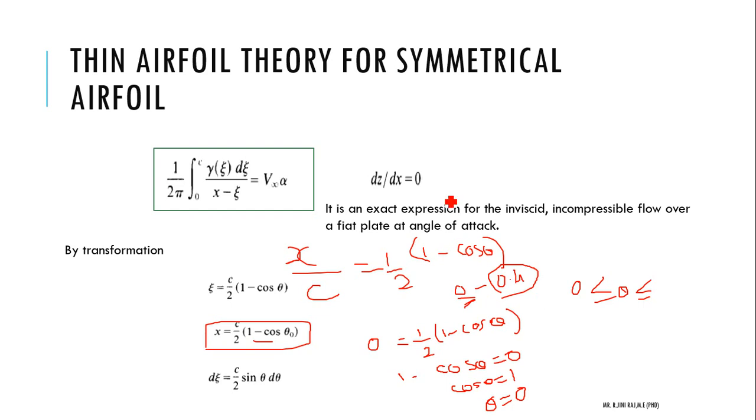Okay, 0.4. What we need to do is the same thing for this 0.4. Same way, 0.4 equal to 1 by 2 into 1 minus cos theta. One more thing, this theta we need to convert into radian. For 0.4 we need to convert that. So 1 minus cos theta, calculate it the same way. First calculate the value for theta.